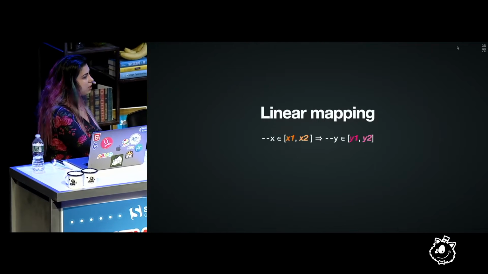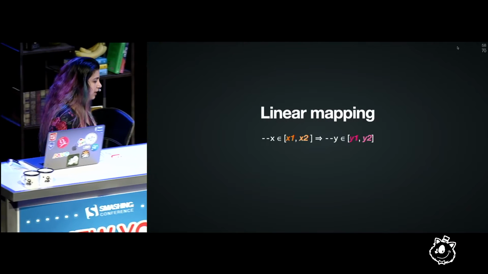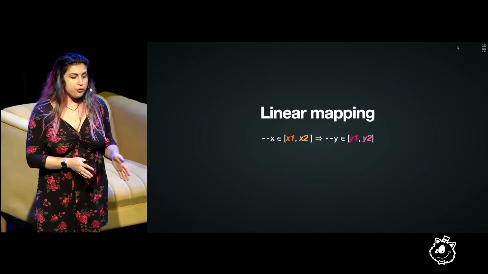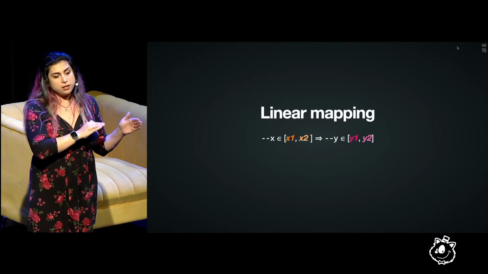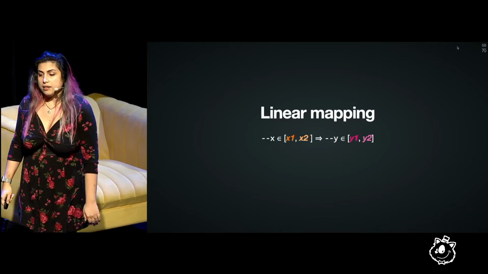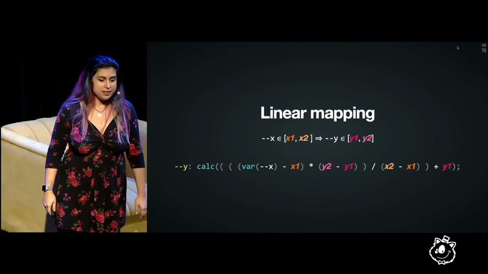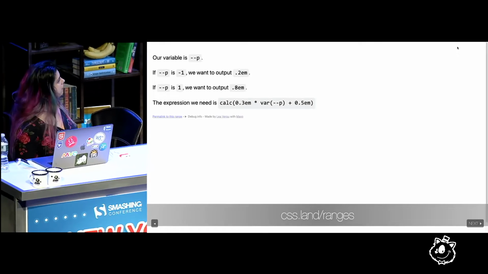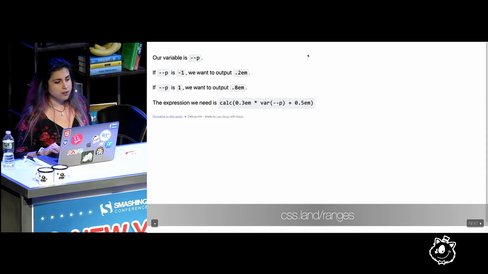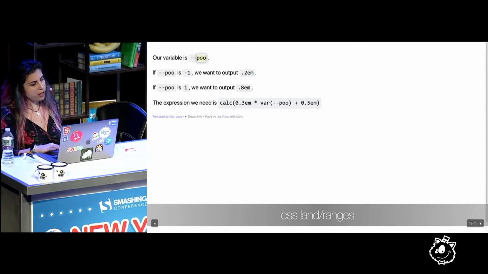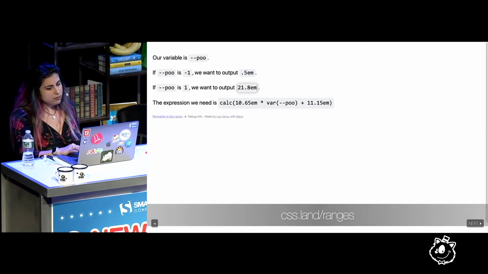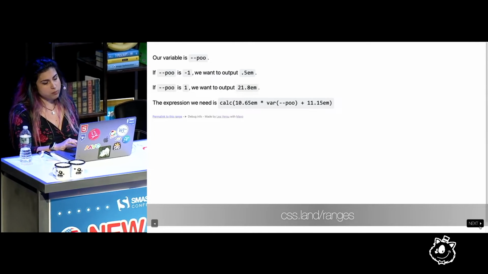So this is a special case of something called linear mapping. And you might have done this many times sort of ad hoc. But linear mapping is basically anytime you have a number in one range and you want to linearly map it to a number in another range. And there is obviously a mathematical formula for how you can do that. But I don't expect you to remember it by just seeing it on a slide, obviously. So this is why I made an app that does it for you. You can input the name of your variable, your start value, your end value, and it gives you what calc expression you need to map it.